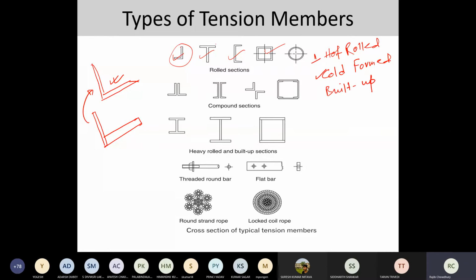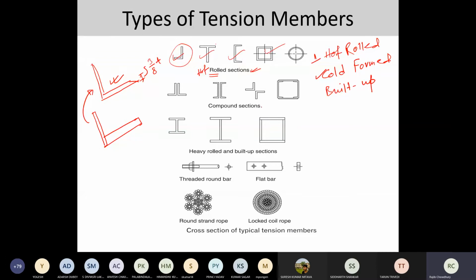Now, the typical picture here is showing somewhat incorrect in nature because it has sharp edges. Even though it is labeled here as hot rolled, it is not hot rolled, it is a rolled section. If it is hot rolled, then there should not be any sharp edges. Thereby, whenever we do the welding or the welded connection, you start from 3/8 or 3/4 of the thickness of the connected member distance from the top, and from there you have to start your welding.